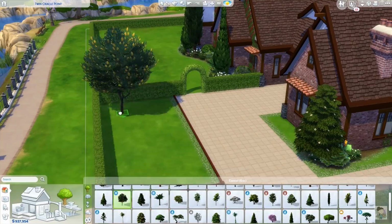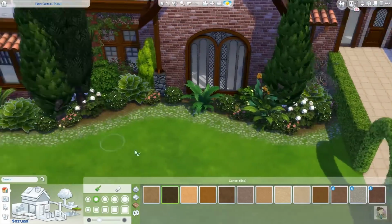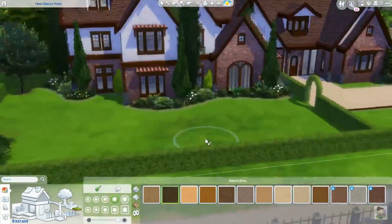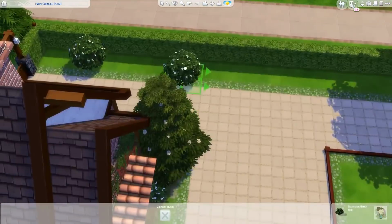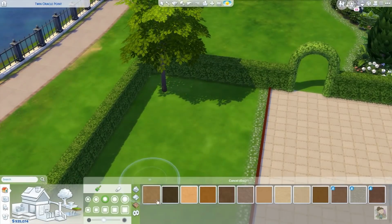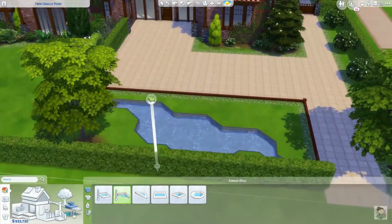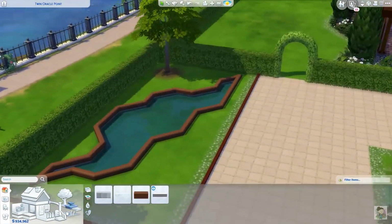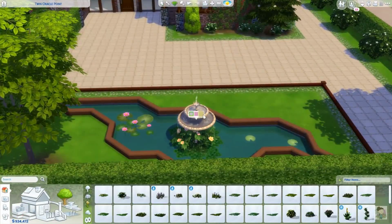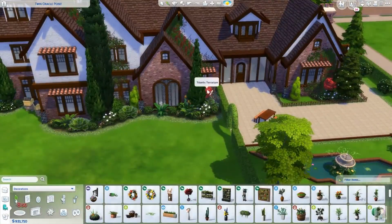So this particular house didn't go without its dramas. Now, as some of you may know, I am actually currently undergoing some renovations on my own house. And this week coming up is a really big week because we're having the whole of the house recarpeted and a new bed delivered and things like that. And so I've been trying my best to get all of these builds done and get myself fully organised. So Wednesday night, I'd been through and built this house, and I saved it to my Sims 4 library. But because I'd done lots and lots of different videos, building tutorials and things like that,